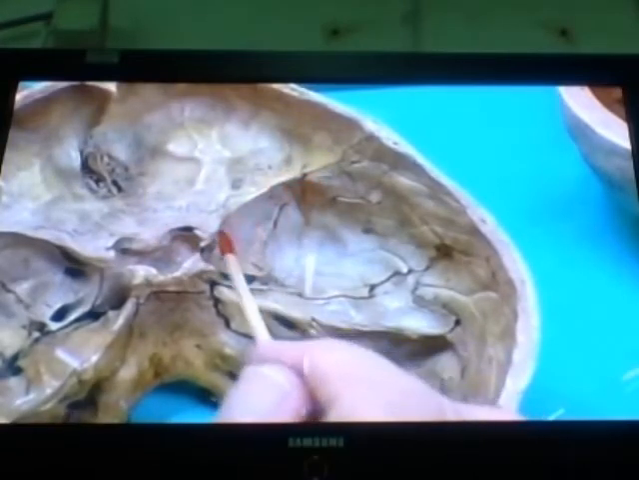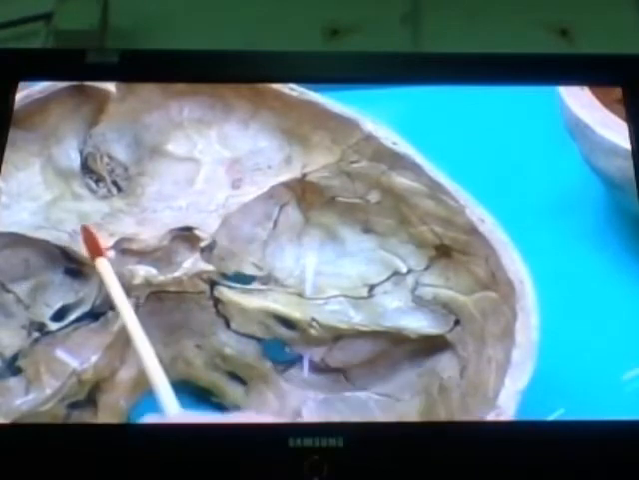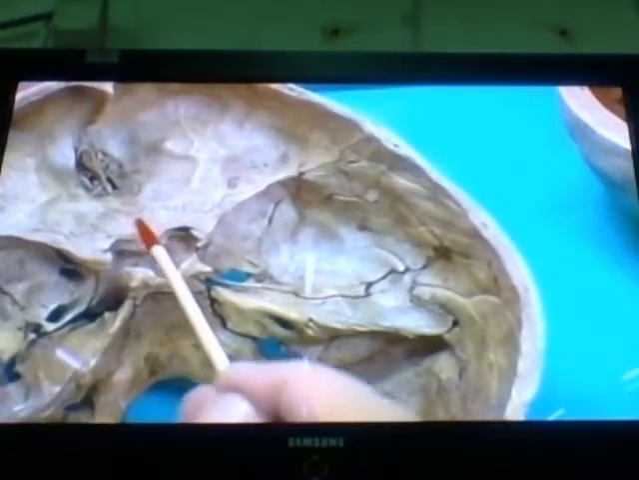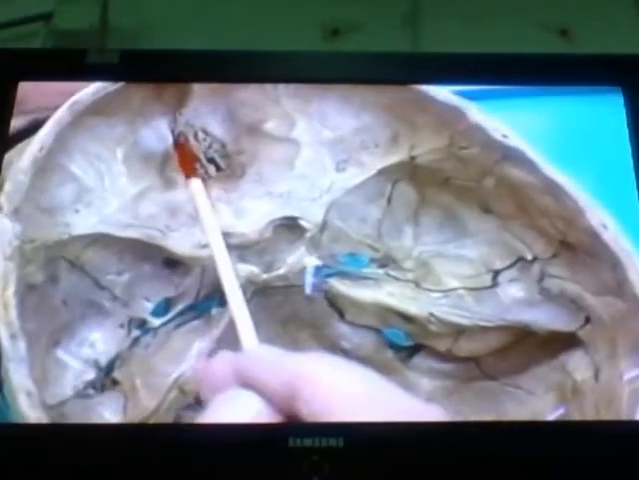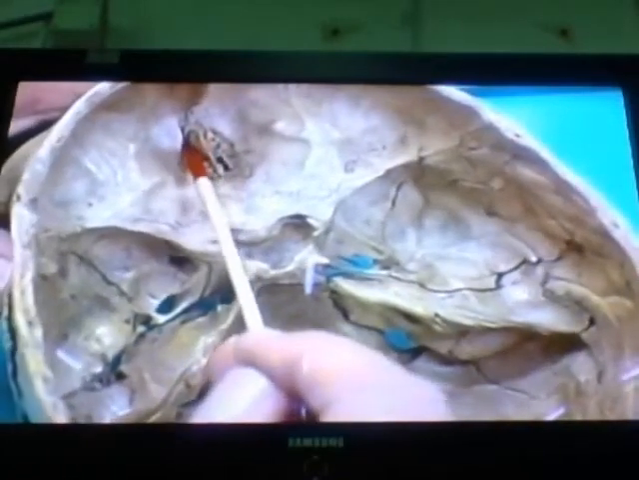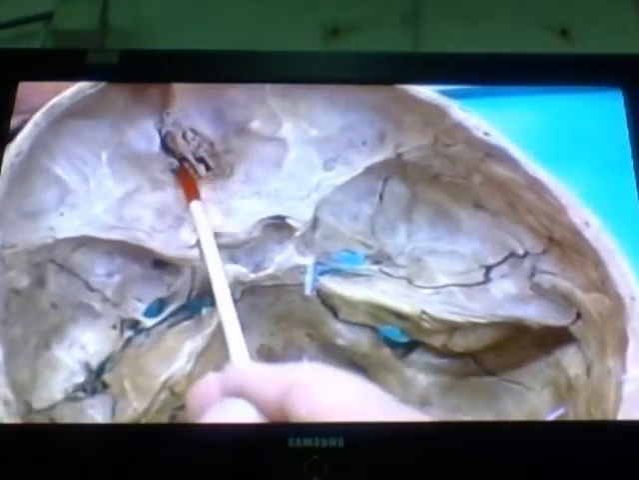The lesser wing of the sphenoid will have the sphenoparietal sinus, which will drain to the cavernous sinus. And right here, that area is known as the jugum sphenoidale. That's the jugum sphenoidale right here. Okay? Going forwards, we see the crista galli, which will have attachment of the falx cerebri, and we see also